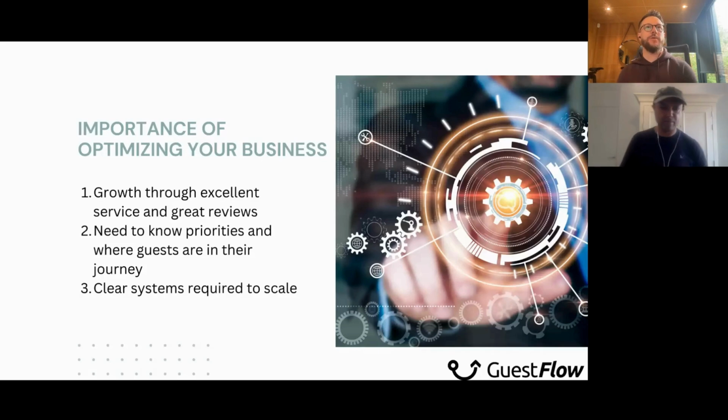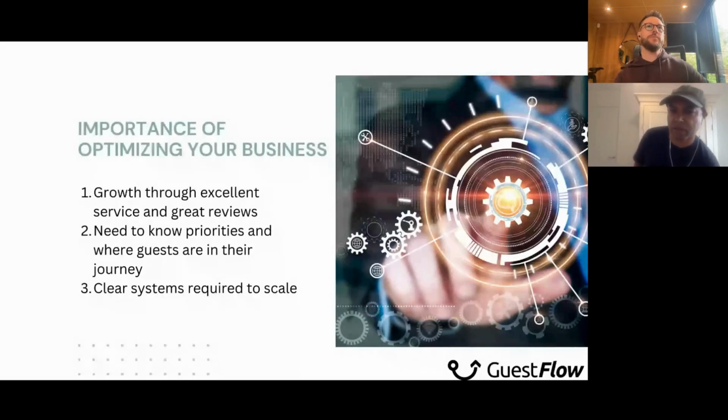Yeah. Absolutely. And it's not just scaling. We've got a customer that's just joined GuestFlow who will be running a retreat centre, and so they've got a lot of people coming and going, but for them it's all about that absolute 5-star service from the moment they book all the way through the customer journey. And so streamlining for them is about ensuring that personal touch, even if they need to or want to step away from their business and hand over to their team. So streamlining and growth is sometimes just about growing the team and growing that service level, right?